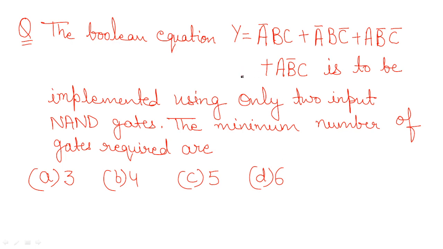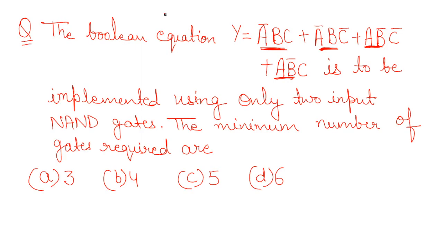Now when we want to simplify this Boolean equation, what are the different forms we can consider, what are the different processes we can follow. So one will be just by using the normal rules and the laws for simplifying it. So basically I can take a bar b common from the first and the second term. I can take a b bar common from the third and the fourth term. Okay, so let's take them common first of all. A bar b, when you take common from first and second term, what you are going to get is c plus c bar.